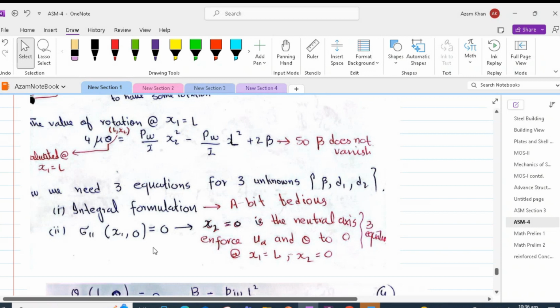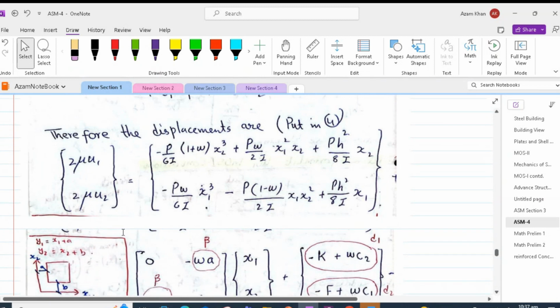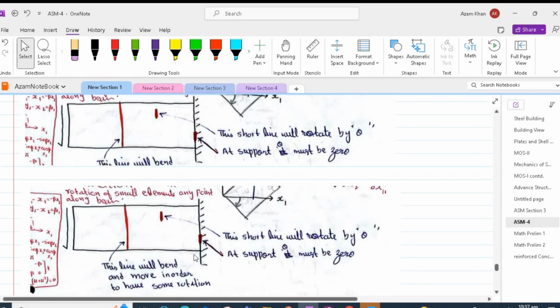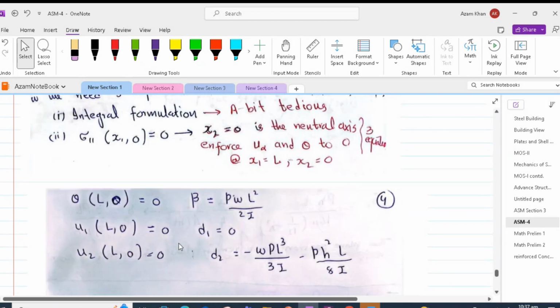The way to get the three equations is either by integration formulation or by making the constants 0. In the case of integration formulation, we take the three equations, 2 mu u1, 2 mu u2, and the rotation equation, and we integrate them about x2, which is vertical, and make that integral equal to 0. That is a bit tedious, and from there we can get beta, d1 and d2. Therefore, the second one, which is more straightforward and gives us nice values of beta, d1 and d2,